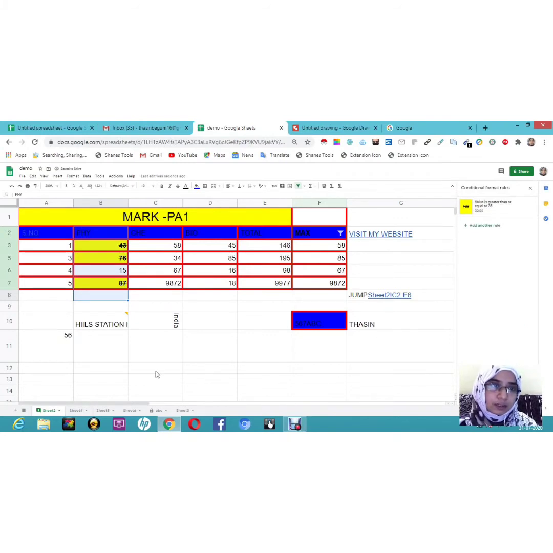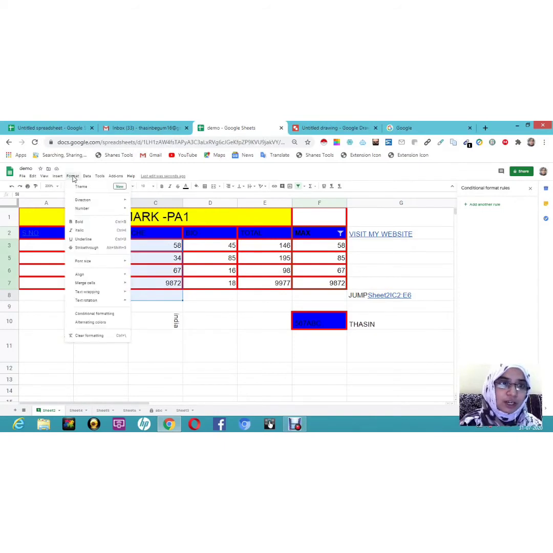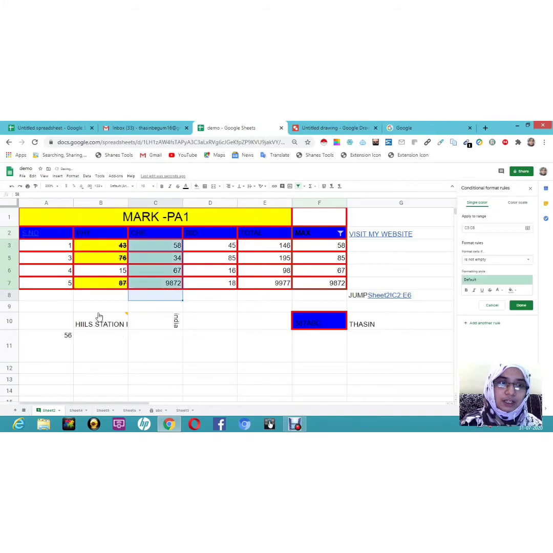So here it is. You can see here, guys, it is showing except 15, all the others are showing this way. And the other way what we can do is I'm going to select this, get into Format, and get into Conditional formatting.